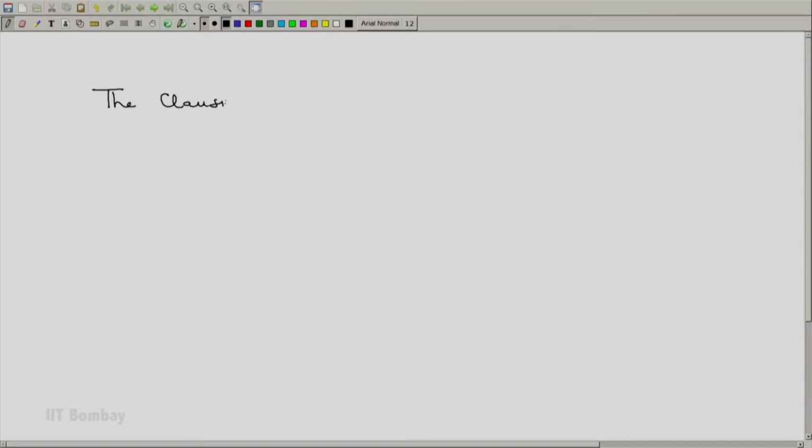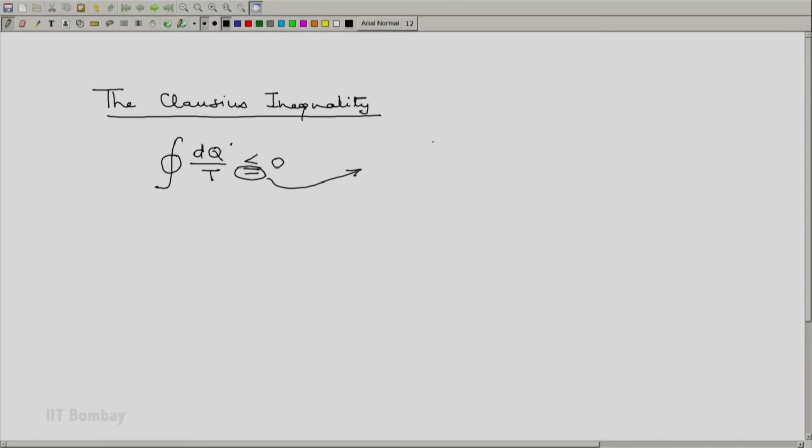Let us proceed from where we left off with the Clausius inequality. The Clausius inequality told us that the cyclic integral of dq by T for any cycle is less than or equal to 0. But now let us look at the equality part of this, and let us separate that out. If we consider the equality part separately, we will be able to write that the cyclic integral of dq by T for a reversible cycle will be 0,